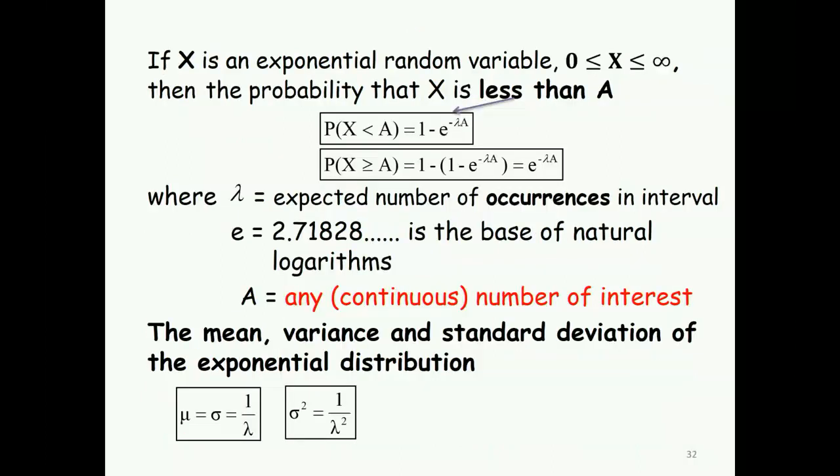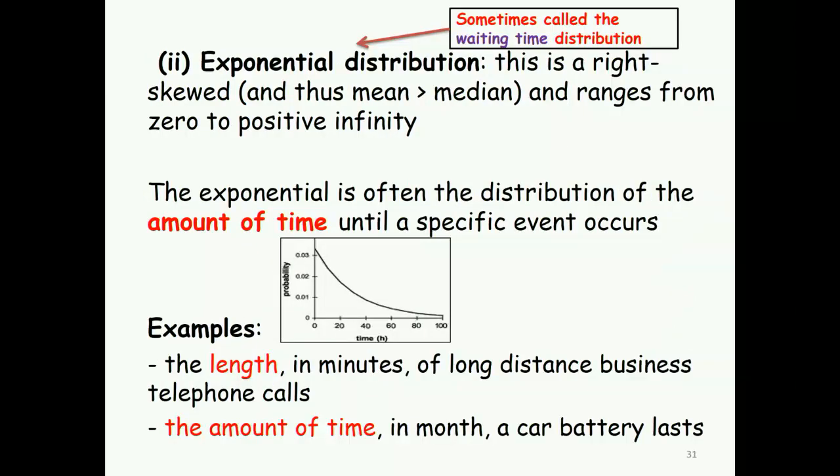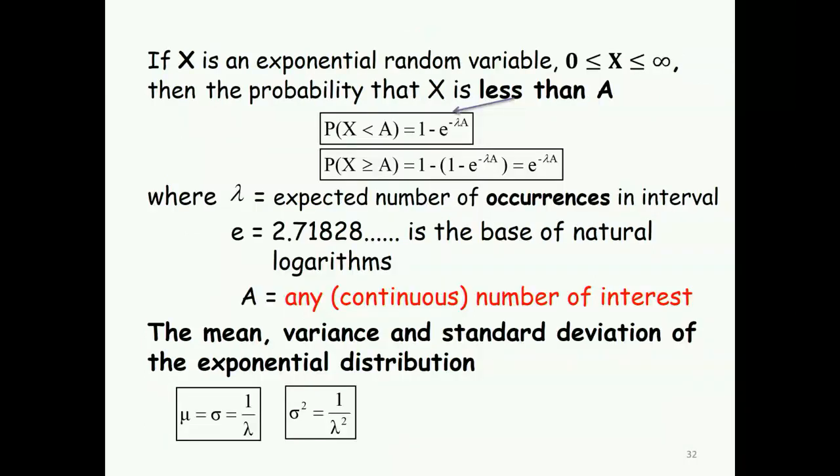So let's go. I rewrote this one a little bit from your lecture note. If you would like, you could write it this way. If x is an exponential random variable, somewhere between 0 and infinity, then for the probability that x is less than a value, if the question is "less", you have to use this formula. If the question is "greater", you have to use 1 minus the one that you calculated. Or you could just simply use this formula. This lambda is the same lambda that we use in Poisson.